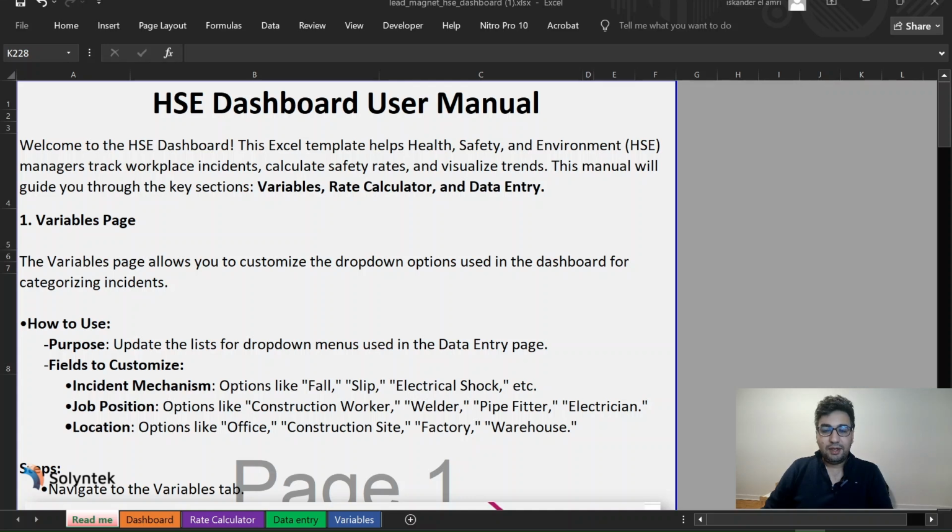Hi everyone, welcome to this tutorial to show you how to use this quick and easy dashboard that we developed here at Solyntek to help you collect all the data you have from incident data, etc., in one place, and hopefully it helps you in your transition to a more computerized safety